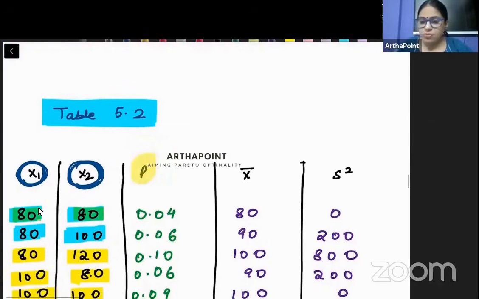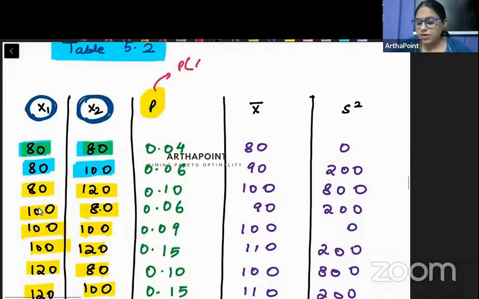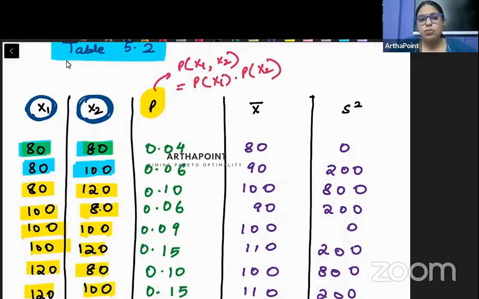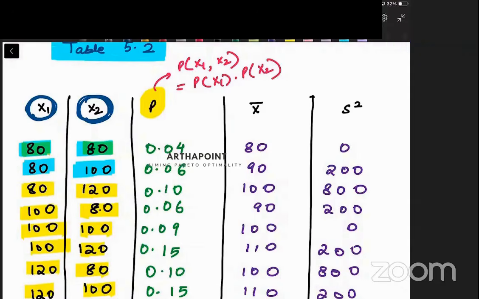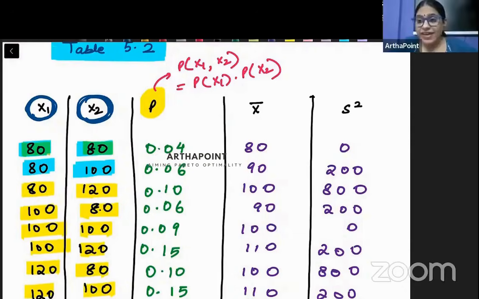Now, beta, how is this probability calculated? In order to calculate this probability, this is simply the probability of x1, x2. ये joint probability है. But since these are independent events, choosing the first one is independent of choosing the second one. That is why in this case, this is simply equal to probability of x1 into probability of x2. हमने simply इन दोनों को multiply कर दिया. Why have I multiplied simply? I have multiplied it directly because beta, simply बात है that these are independent events. So you can simply multiply them.